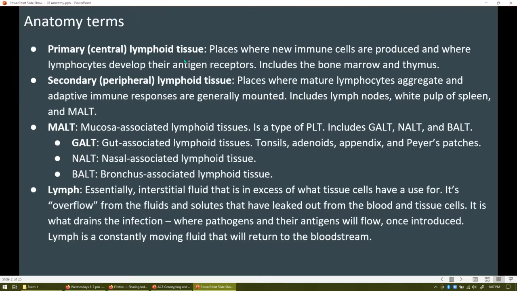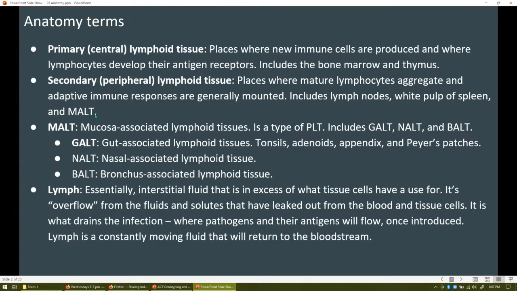There's primary or central lymphoid tissue, and then there's secondary, also called peripheral lymphoid tissue. The primary lymphoid tissue is tissue where new immune cells are produced and where lymphocytes develop antigen receptors. So basically, bone marrow and thymus are central lymphoid tissue. Peripheral lymphoid tissue is where lymphocytes aggregate, where adaptive immune responses are mounted. So lymph nodes, the white pulp of the spleen,